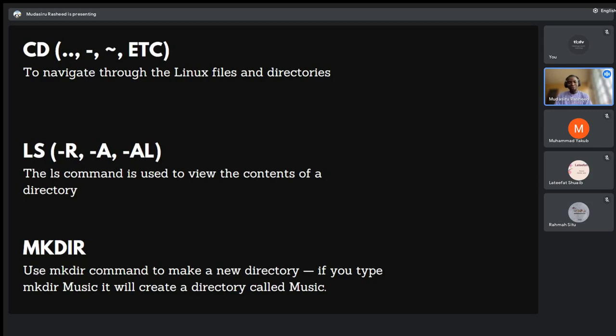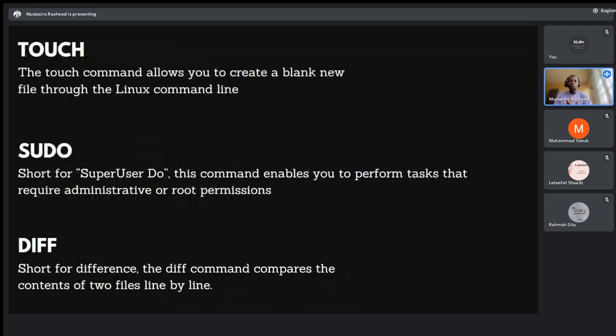It's like you are right clicking on your system and clicking on create folder and you give it a name. So the command to do that in Linux is make directory, mkdir. If you type mkdir music, you create a directory called music. I think that's straightforward enough.